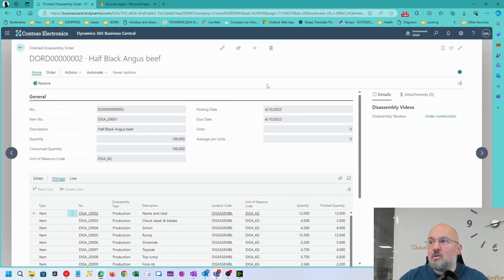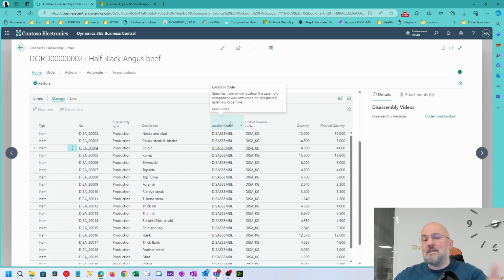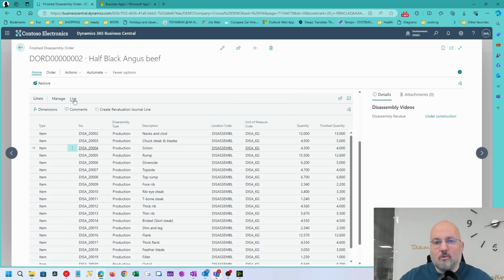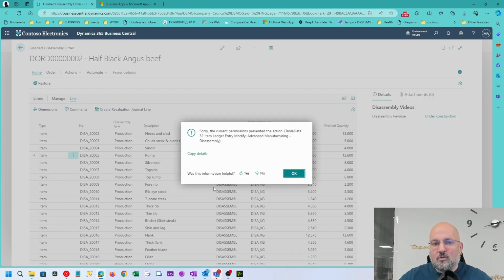Now there are a couple of additional special functions I want to mention. One of them is, I did mention in the inventory disassembly setup that you have a special evaluation option. So the way it works is, for example, you might have a scenario where this rump steak is costed a little bit too high for the market to absorb. And what you can do is you can say, okay, I want to reevaluate this item specifically. And it will create,